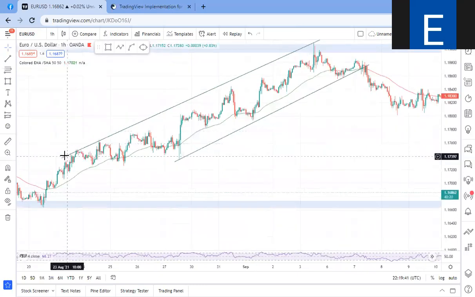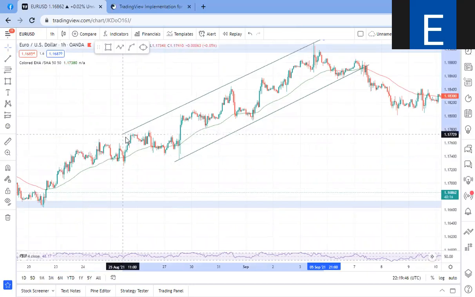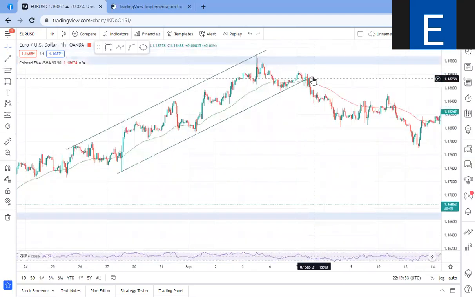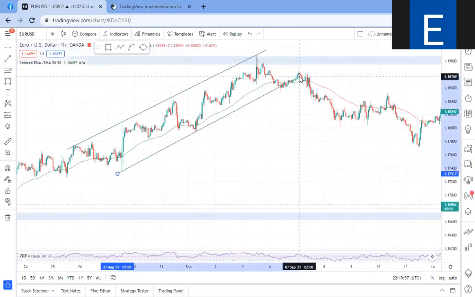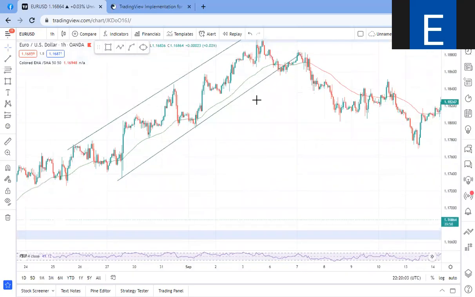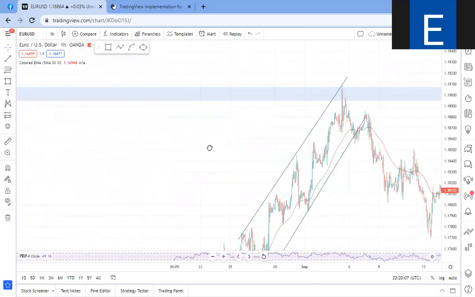What I saw was an ascending channel here. You can see the first touch, the second touch, and this was the third touch. And I was like, okay, since price is moving like this, this was how I had my trade. Since price was moving in this type of direction, one thing again,